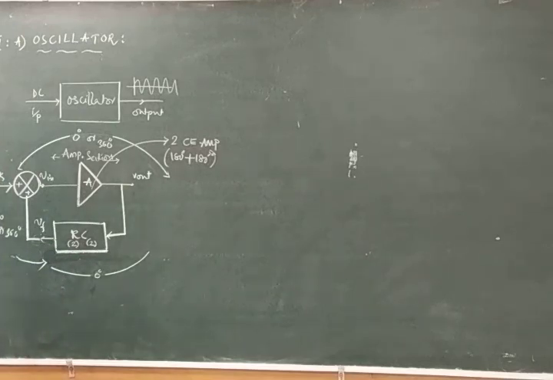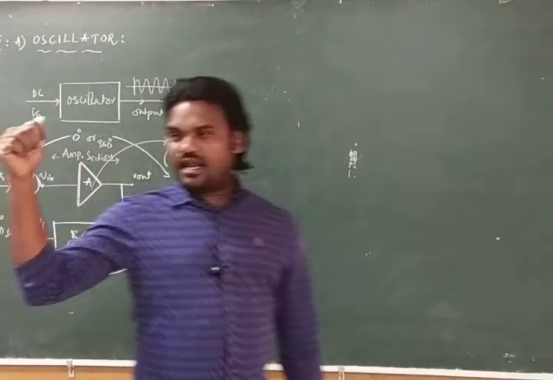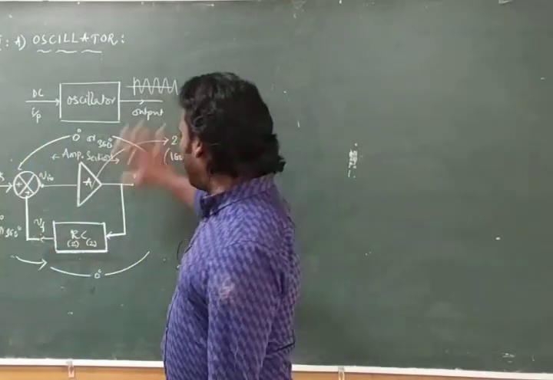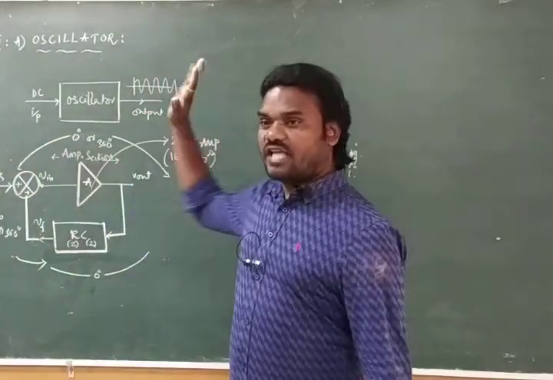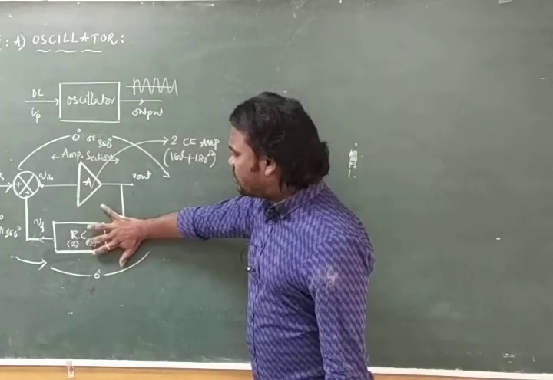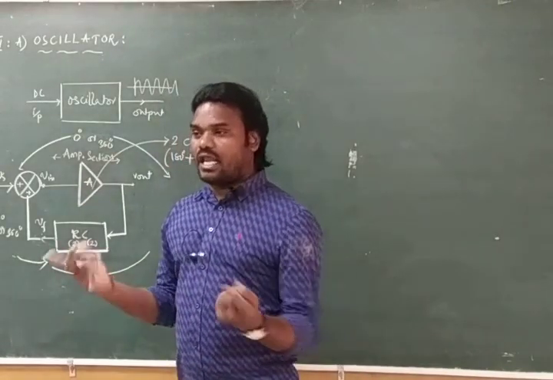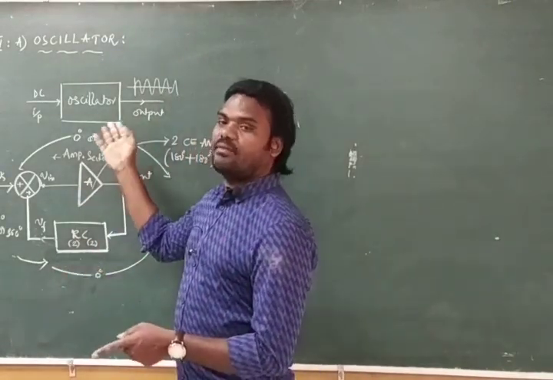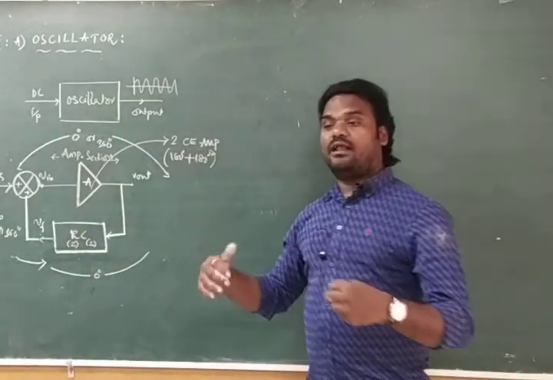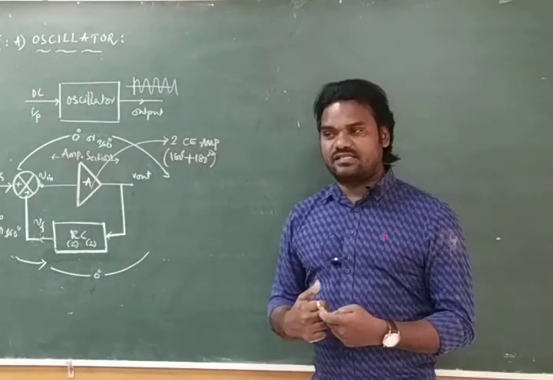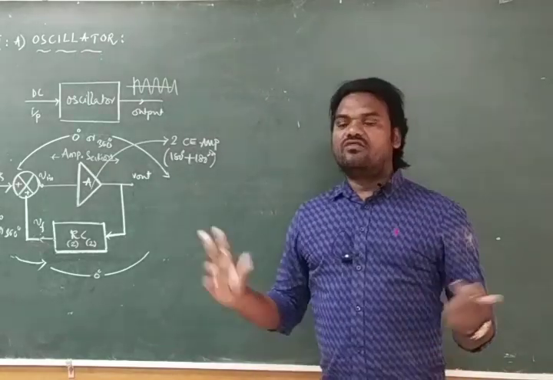What are the points we have to explain in the oscillator circuit? Introduction, block diagram, circuit diagram, theory, and frequency of oscillation. All should repeat this. First, you should explain the introduction. After that, the block diagram. Next, the circuit diagram. That means we have to replace these blocks by the original circuit. These are blocks only, but internally we don't know what the circuit is, so we have to replace them by the circuit diagram. After that we explain the theory, that is the operation, how it generates the oscillations. And the last one is the frequency of oscillation.